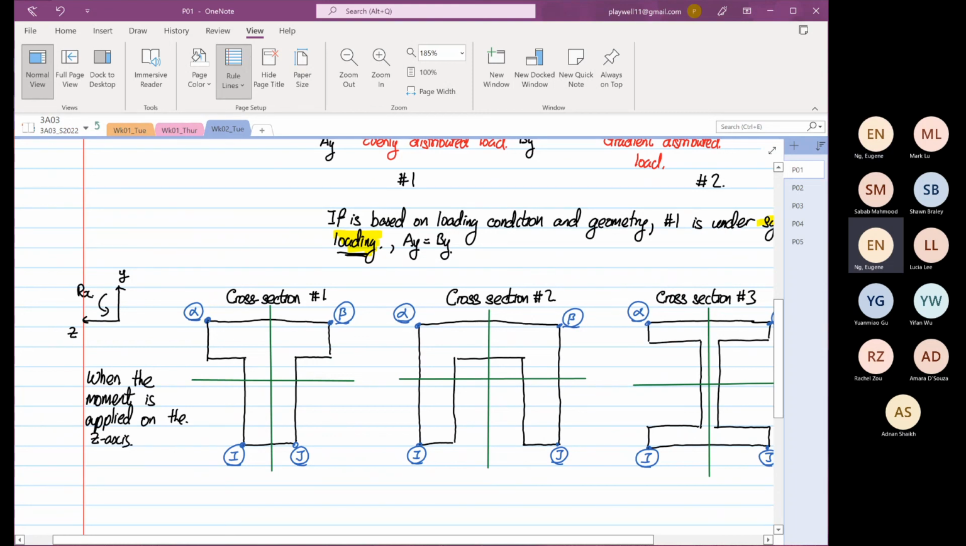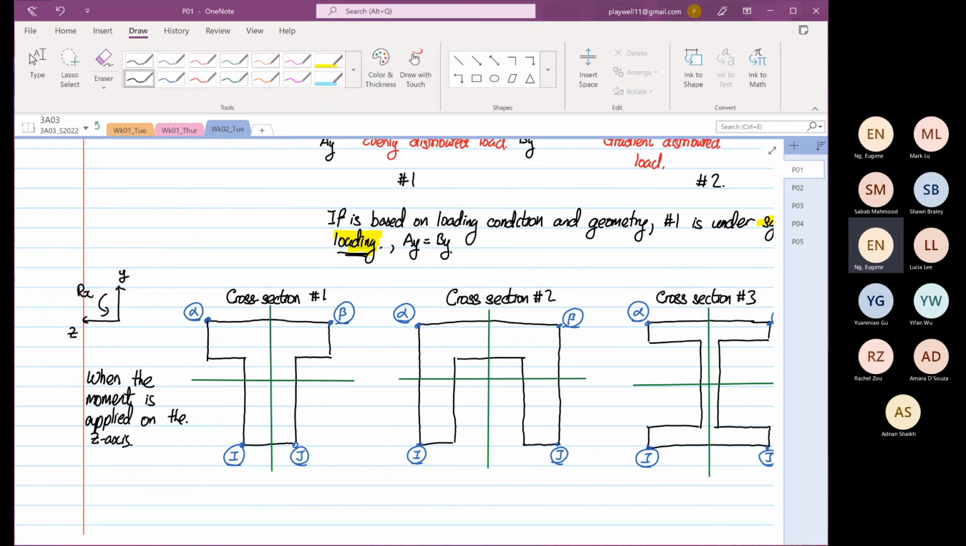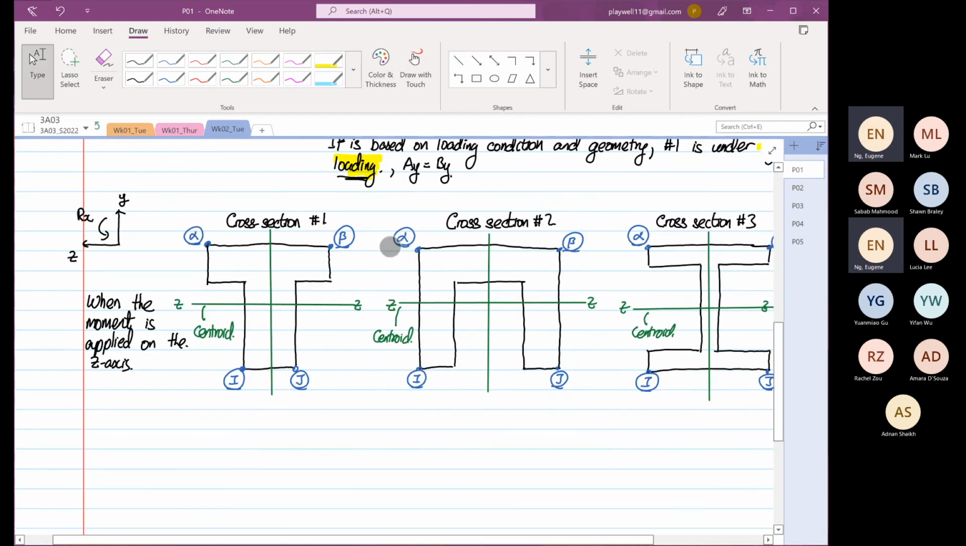Okay, so the most important thing to look at, if that's the case, is the centroid parallel to the z axis. Okay, so these are all the centroid. Okay, can anyone tell me which one, or before anyone tells me, I want you to focus on the formula where stress X is equal to